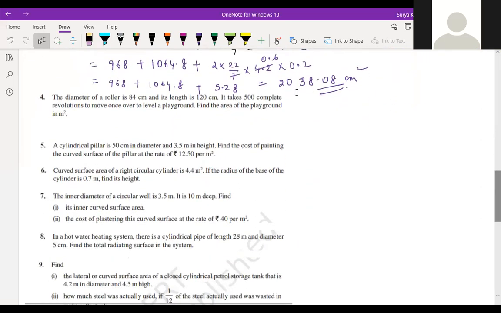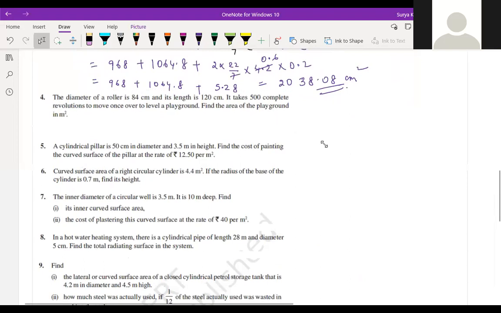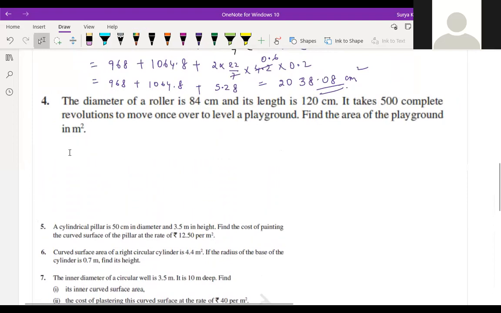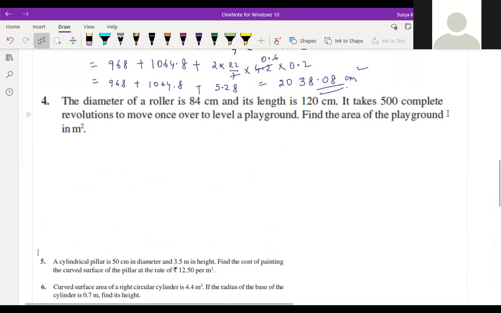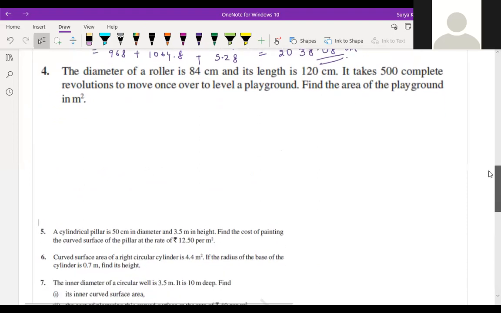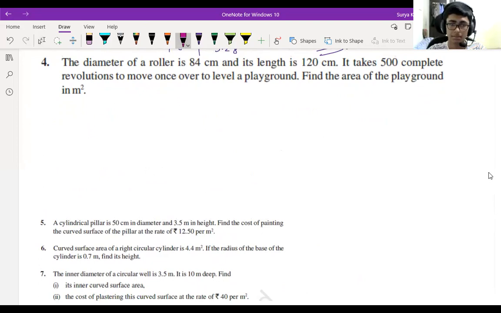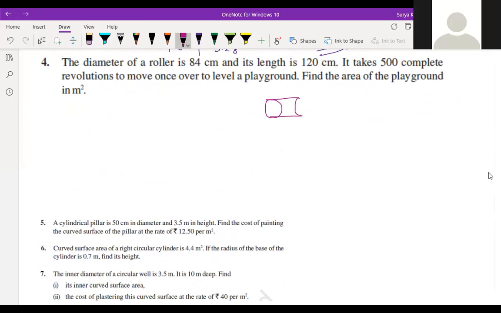All of you try to understand here. This one is very important. This is also an interesting question. If you understand what a roller is, you have seen the roller on the road, which just makes the level on the road, rolling gravel and everything. You have seen the roller, children? Yes, sir. So the roller will look like this pattern.